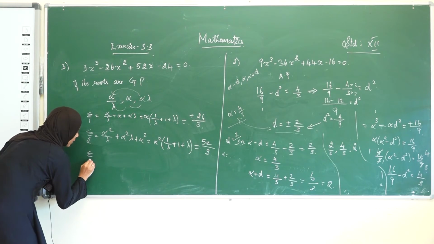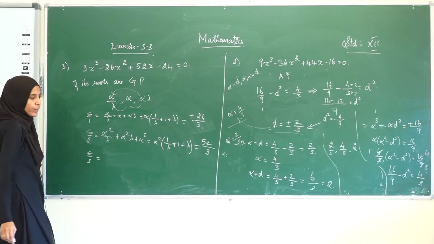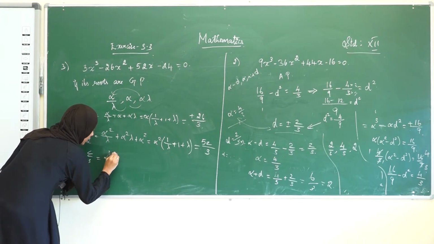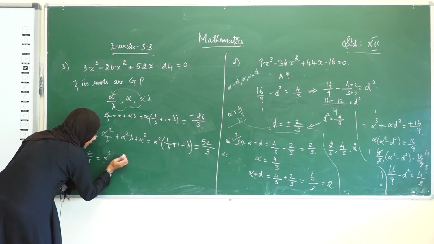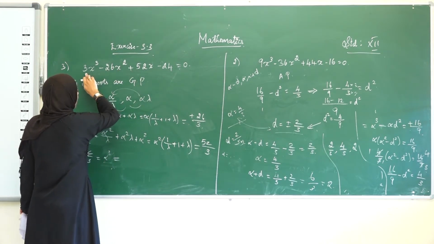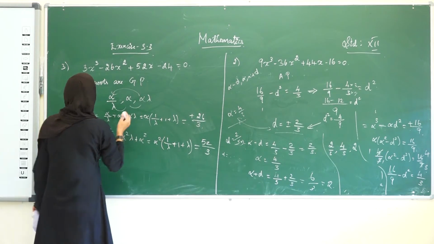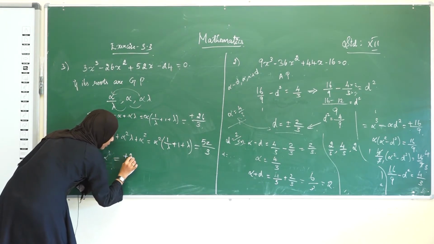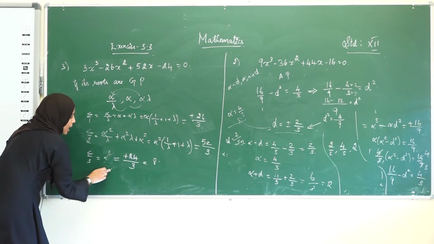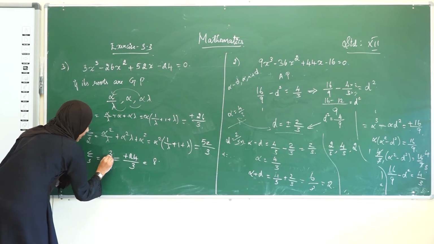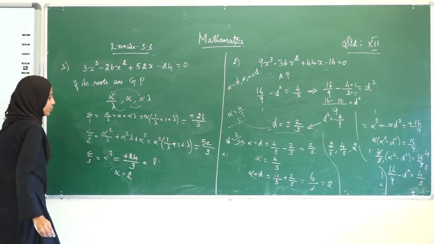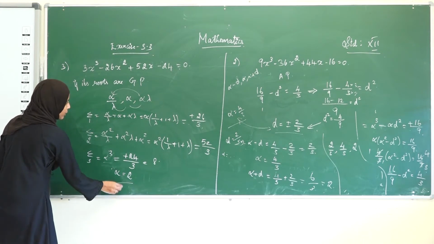And then summation 3. What's the value of summation 3? That is the product of the roots. Therefore, alpha cube lambda divided by lambda, lambda and lambda get cancelled. So alpha cube's value will be minus of minus 24 divided by 3, which is plus 24 divided by 3. So the value is 8. Since alpha cube's value is 8, we can write alpha's value is 2. Okay, we have found alpha's value as 2.